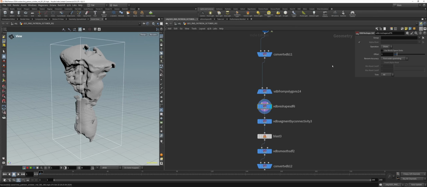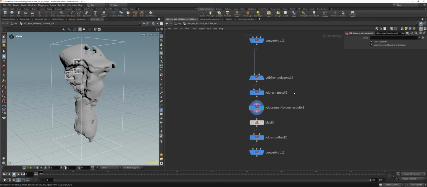A little bit more resolution. We will just dilate it. I want to just dilate it a little bit. Then segment by connectivity. I don't know why